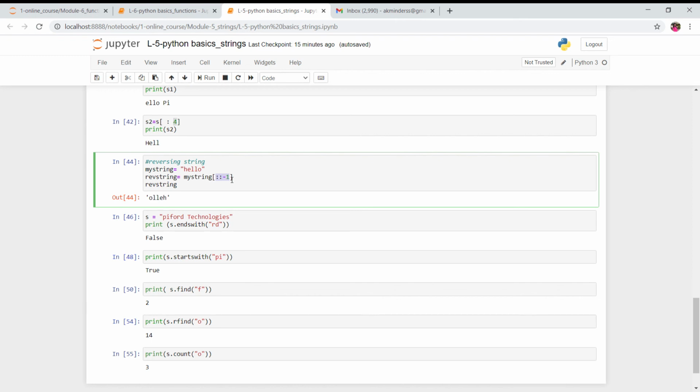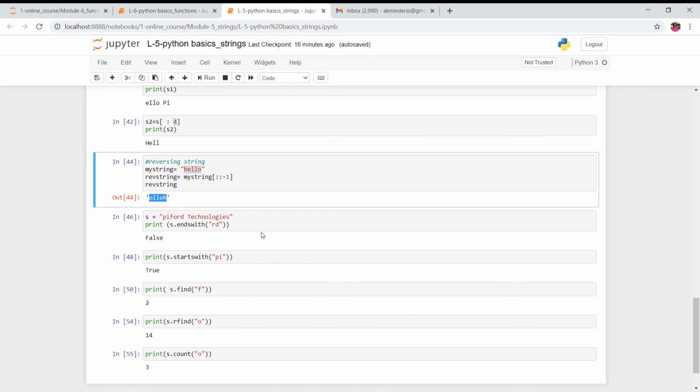Minus 1 simply means negative indexing. I have explained this in my previous classes also. Minus 1 means the very last index of a string. So if you write like this, it will reverse your string. The actual string is this, and after reversing the characters of that string you get this output.